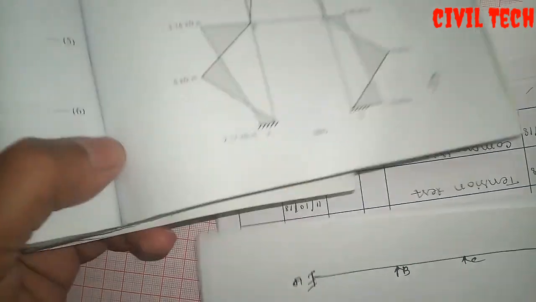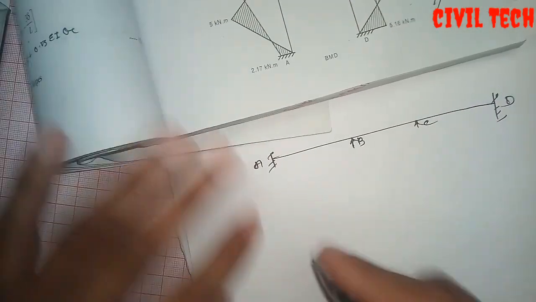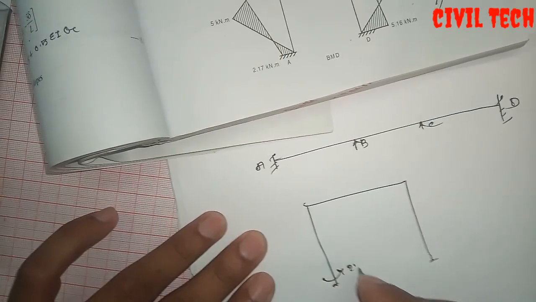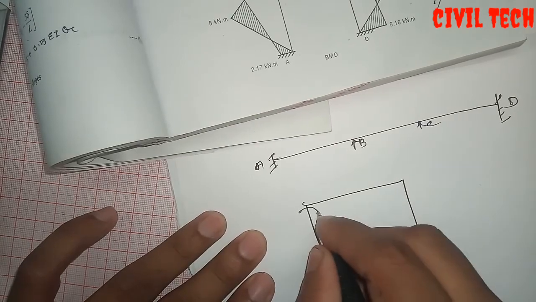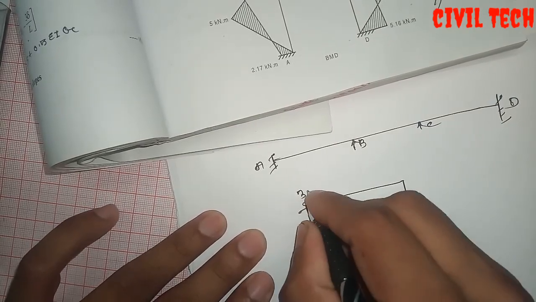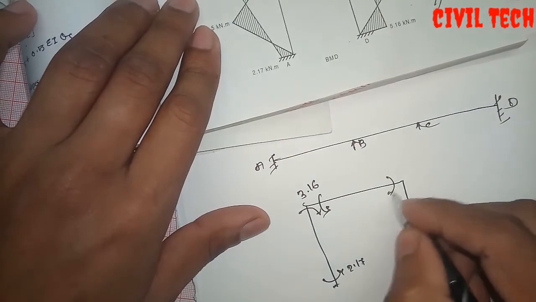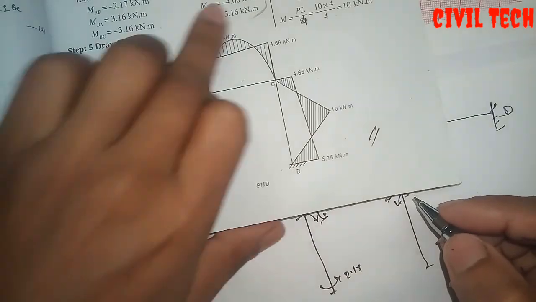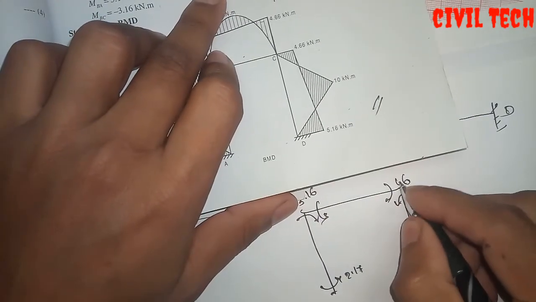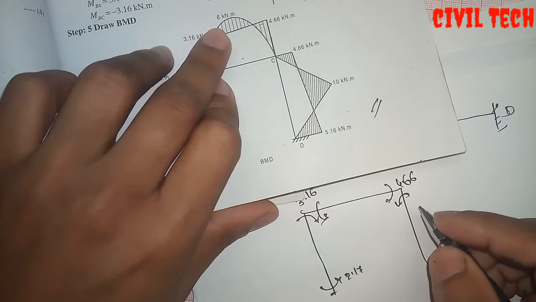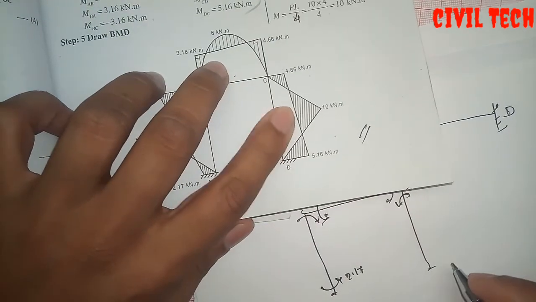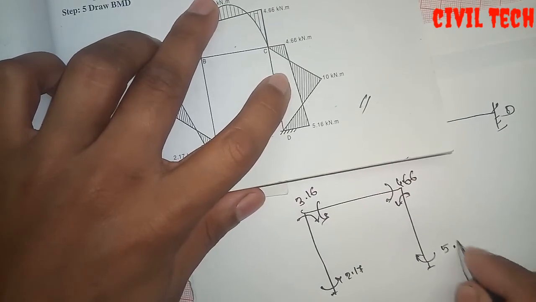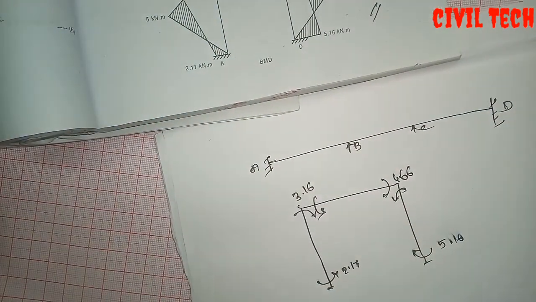Both here also similar values. I have to show here, it will be better. 2.17, 3.16. This is how much? 4.6, 4.66, and this is 5.16. Okay, now see,